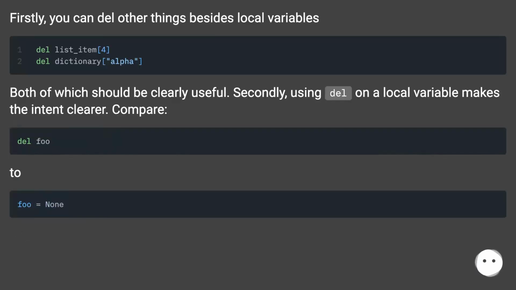Firstly, you can del other things besides local variables, both of which should be clearly useful. Secondly, using del on a local variable makes the intent clearer. Compare